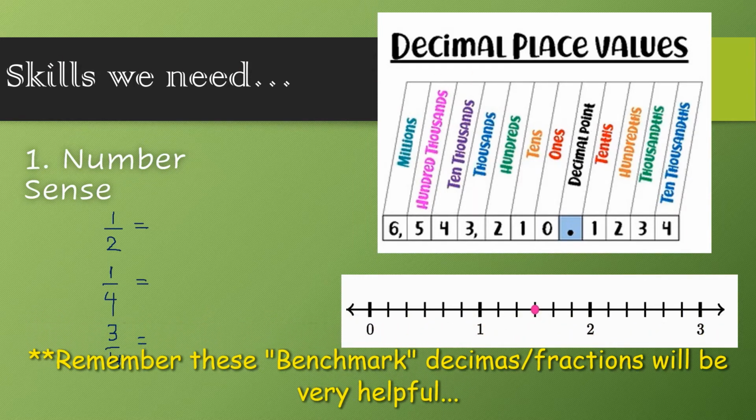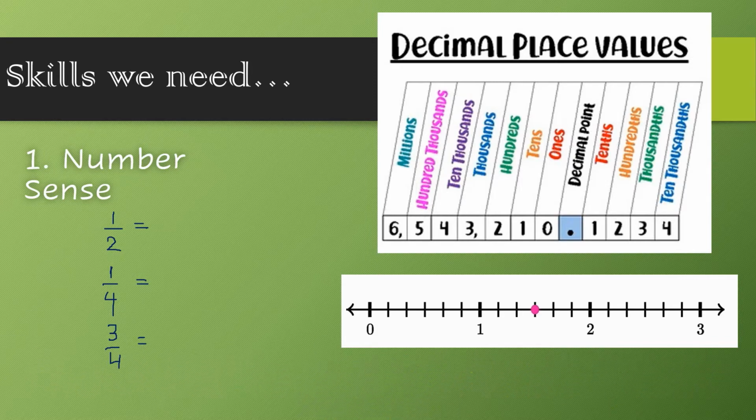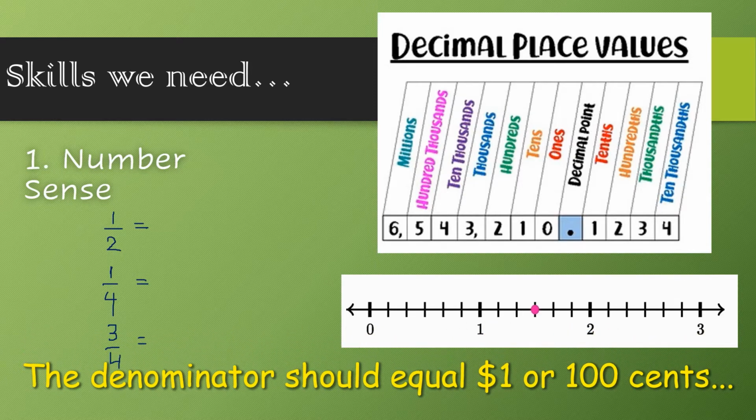And when I think of these benchmark fractions that have a 2 or a 4 as denominators, I normally think of money. I think of quarters. So for example, I can think of what is 1/2 of a dollar. So 1/2 of a dollar means 50 cents. So I can write it as 0.5 or I can write it as 50 cents like that. Okay, but normally we stop at 0.5